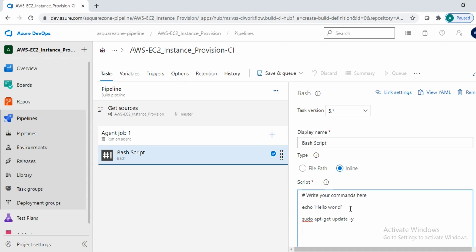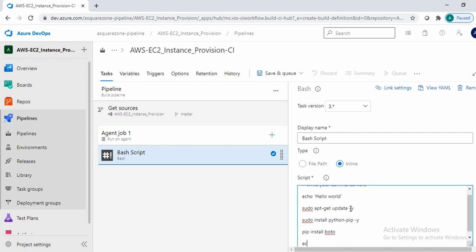Later, I'm going to install Python pip. I'm giving permission as S. Later, I'm going to pip install Boto, and echo, I'm just giving a message, done. So this script I'm going to execute on the remote server,